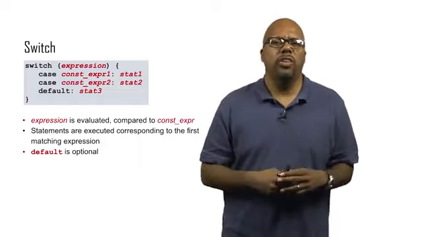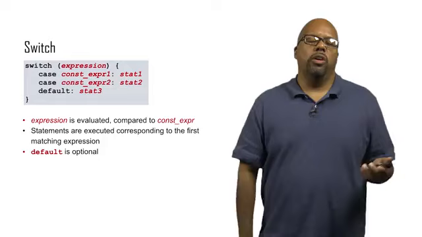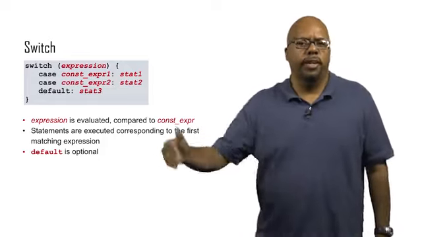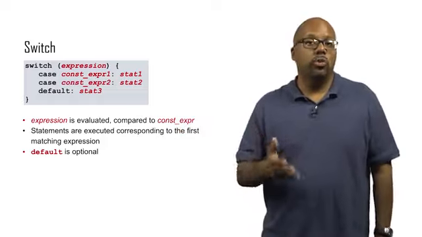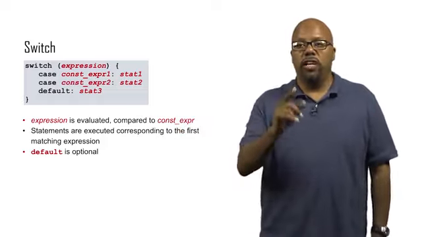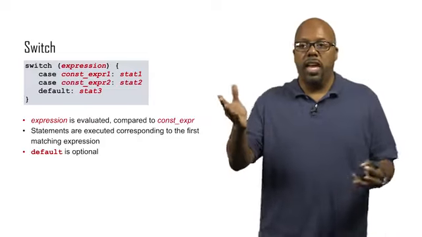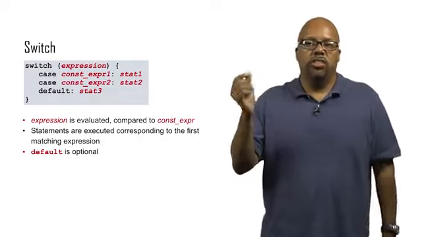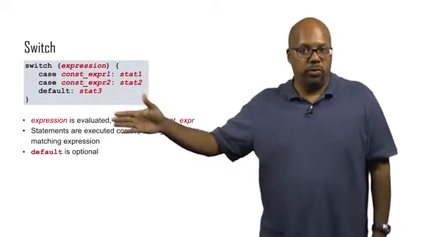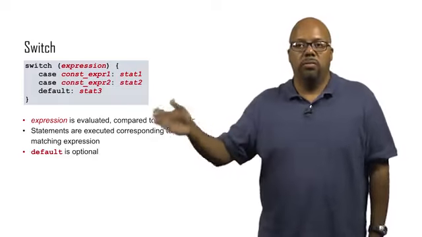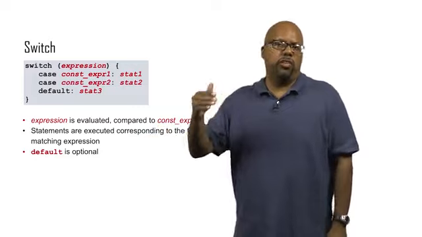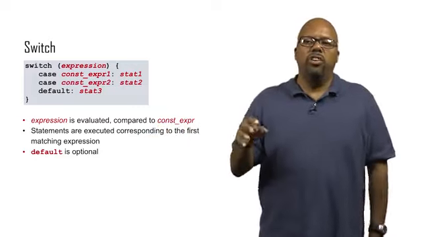So a common way to do this is, say you've got a variable x, right? And you know it's going to equal either 0, 1, 2, or 3. And under each condition, you want to do a different thing. So you could say switch x. The expression would be x itself. And then you'd say case 0, statement 1, case 1, case 2. And so the constant expression, case 0, case 1, case 2, that's compared to whatever the